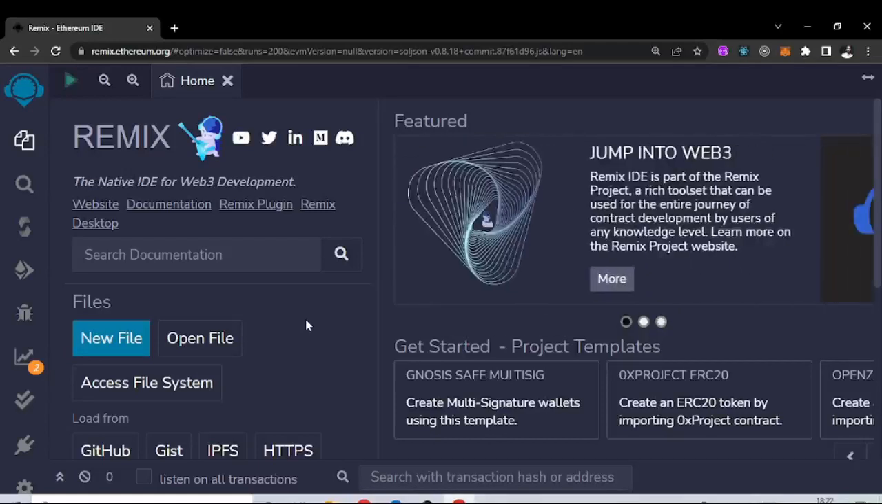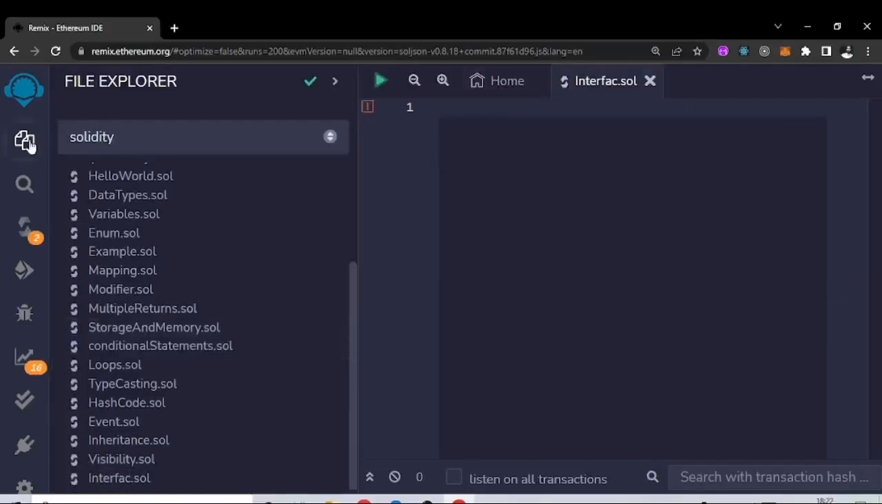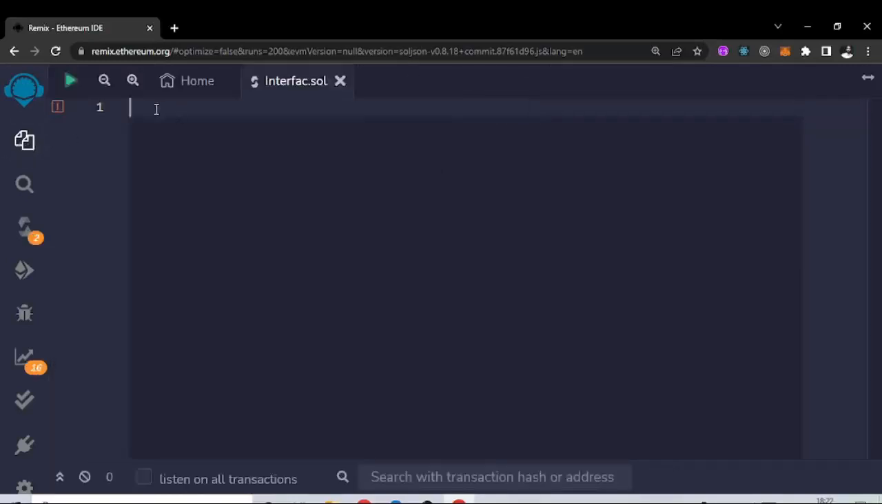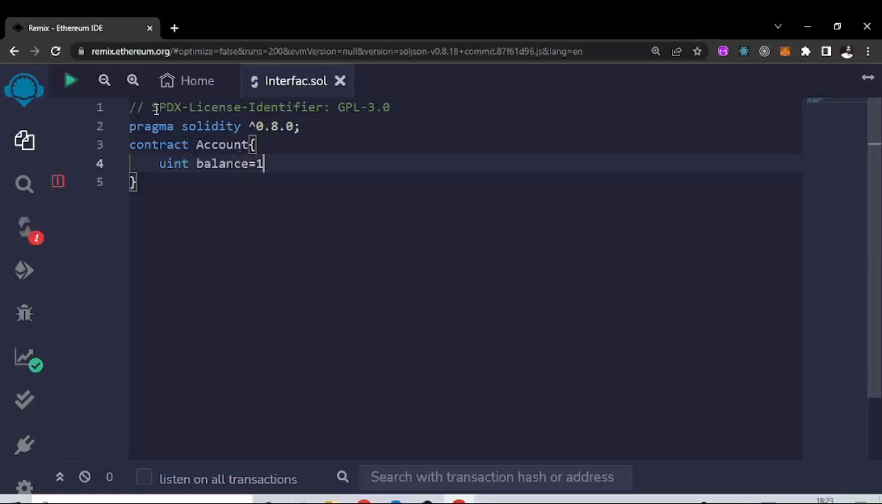Let's understand with an example, and make a file with the name interface.sol for Solidity, and let's start with commenting out the license. Pragma solidity 0.8.0, and I want to make a contract with the name Account, and basically this will contain a balance of unsigned integer. Let's initialize it with 100, and I want to make another simple function that will help us to know about the balance. So let's write getBalance,